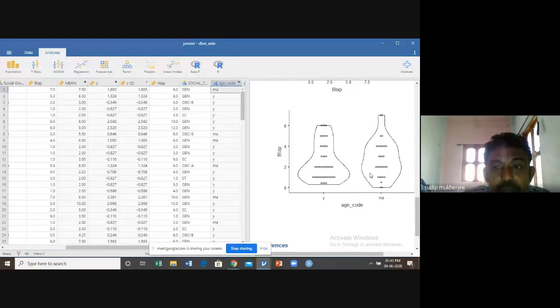Just like in our daily life, in a college scenario, are BPL category students performing better than APL category students? Or if the students who are getting different scholarships are one category, and non-scholarship students are another category, after the publication of results, one can clearly test if the performance of the scholarship students is better than the non-scholarship students, or the reverse. This can be easily done with the help of this package.